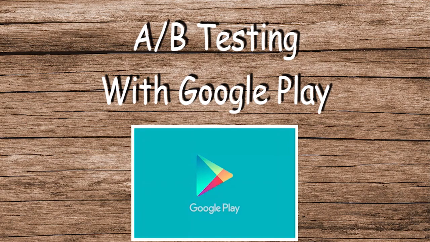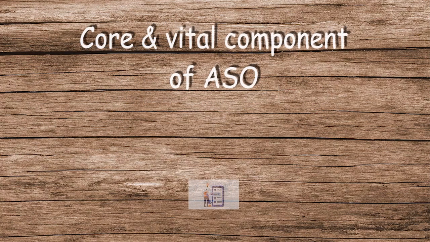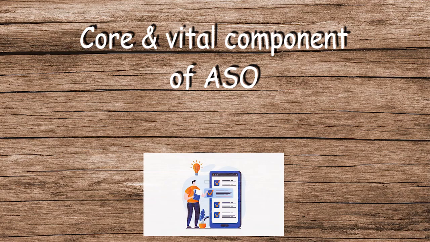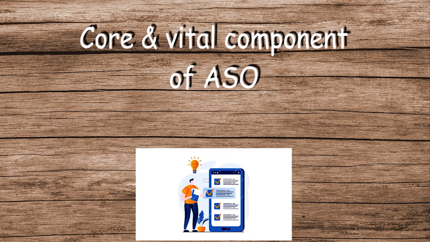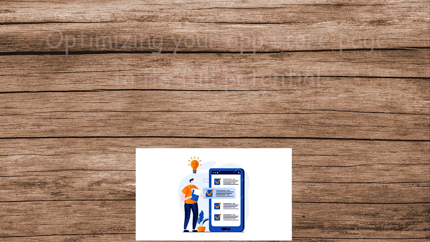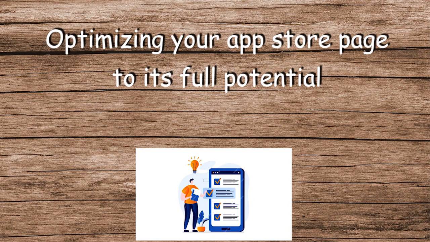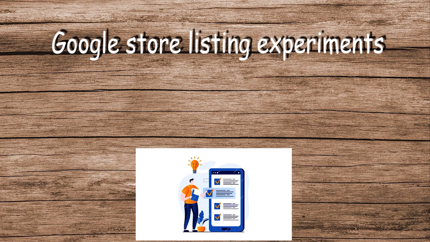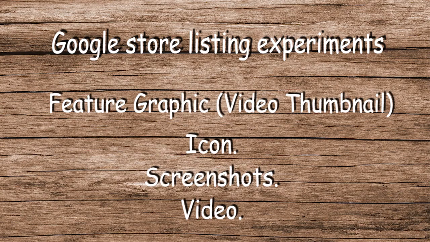A/B testing with Google Play. One of the core and vital ASO actions you can perform is working consistently with the Google Play A/B testing to optimize your App Store page to its full potential. With the Google Play Store listing A/B tests, you can test your App Store listing graphical assets, feature graphic, icon,